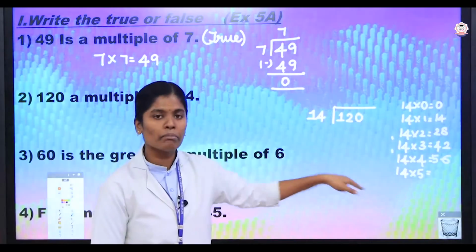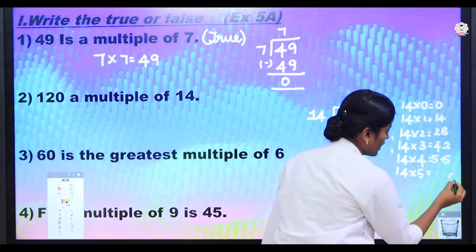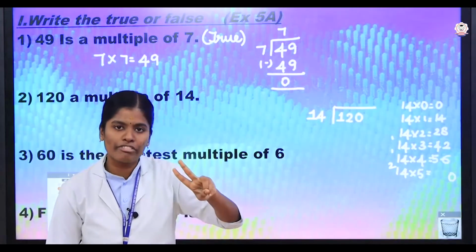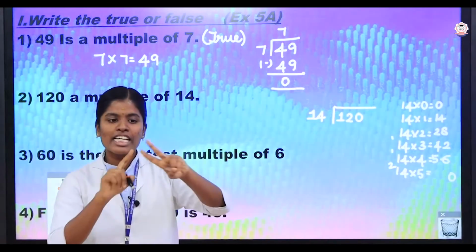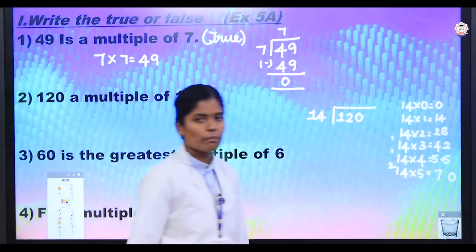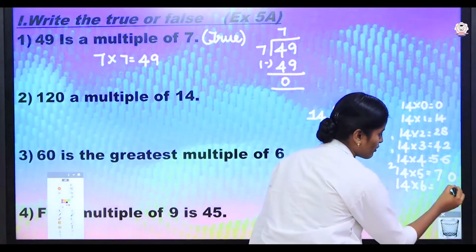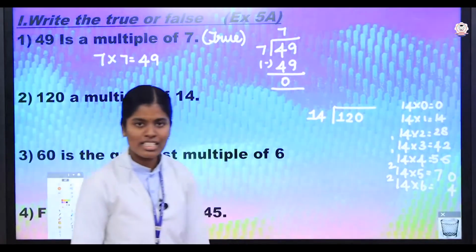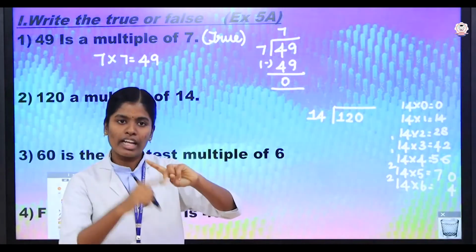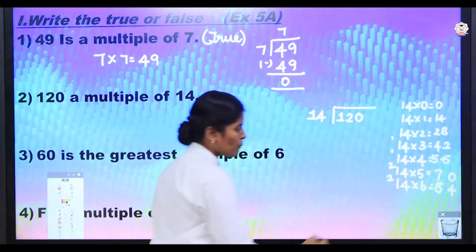First you take 5, multiply by 4, then you take 5 and multiply by 1. So 5 fours are 20, 0, carry 2, 5 ones are 5, so keep 5 in the mind, 2 in the finger. So what is the answer? 5 after 6, 7. Yes, we got 70. Write 14 fives are 70. Next 14 sixes are. 6 fours are 24, 4, carry 2, 6 ones are 6, so keep 6 in the mind, 2 in the finger. So 6 after 7, 8. Write the answer 84. Take 14 sevens are.